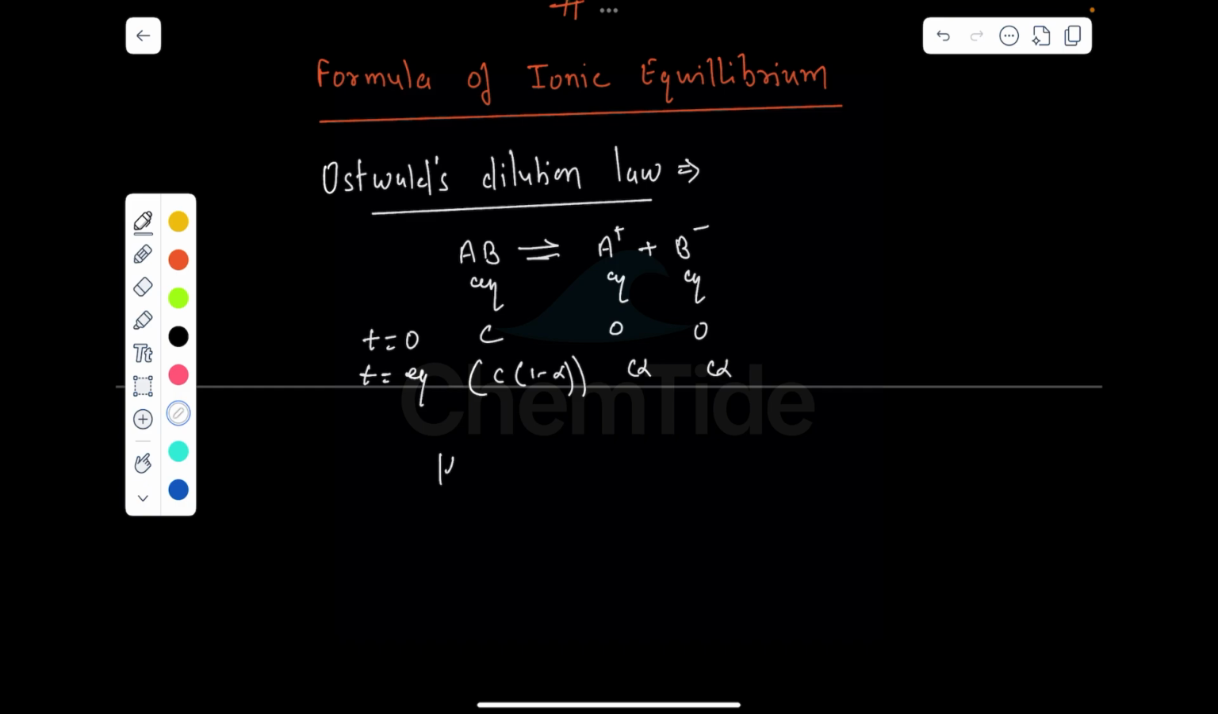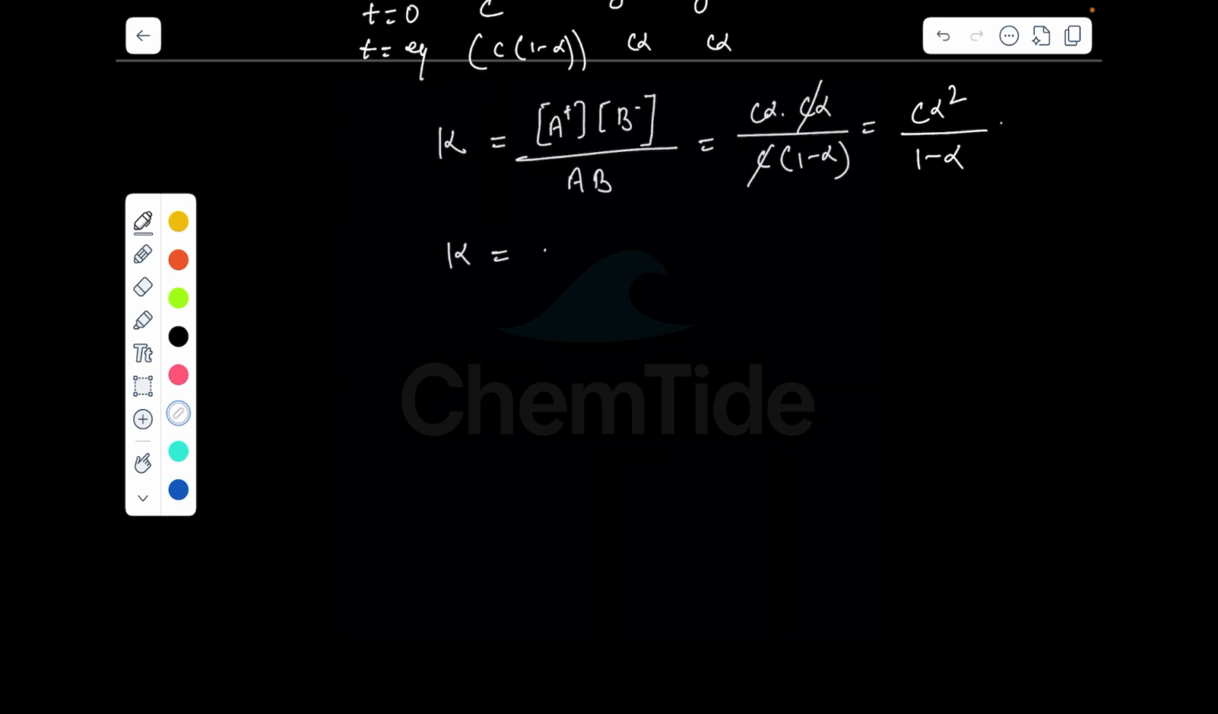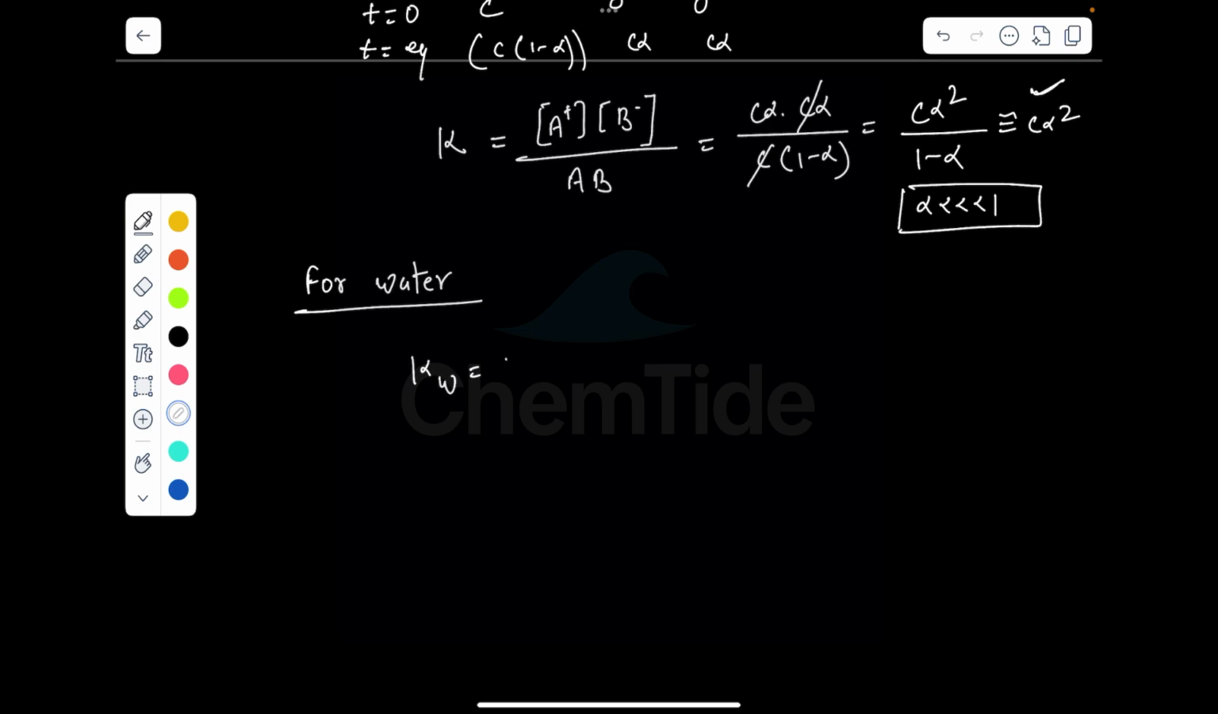So we have the dissociation constant K, which is A plus times B minus divided by AB, which is C alpha into C alpha over C(1 minus alpha). When you cancel, you will get C alpha squared, if alpha is much lesser than 1, then you can ignore it from the denominator. The Kw value is equal to H plus into OH minus concentration,